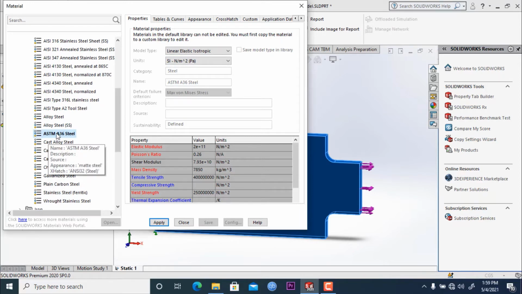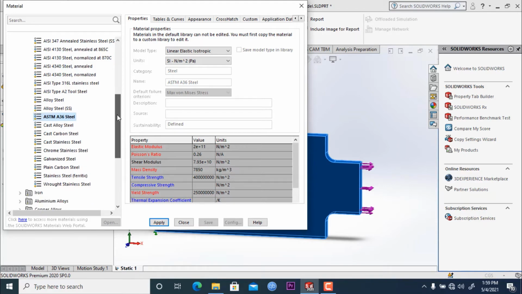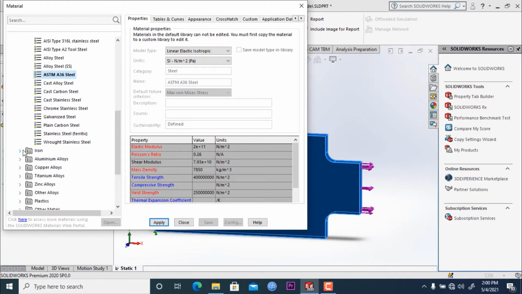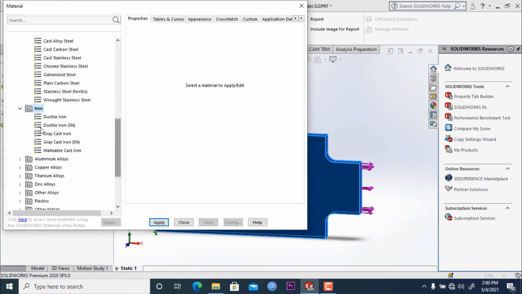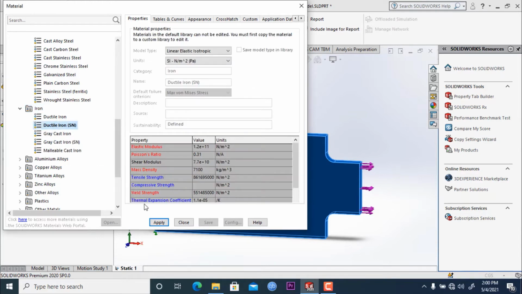To run fatigue analysis, we will need a material that has an SN curve. If we drag down to iron, you can see that ductile iron and gray cast iron have an SN curve. So we will select ductile iron, click OK, apply, and then click close.